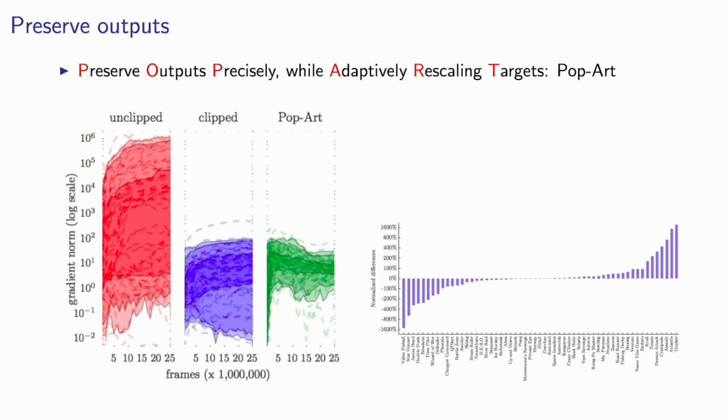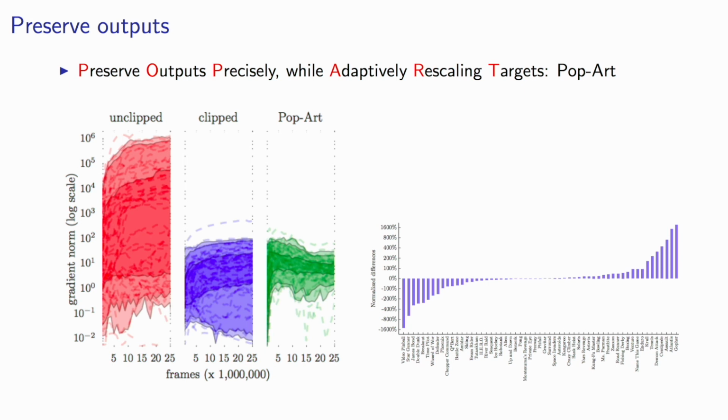But what these filled in regions basically are, they're like the 50%, 90% and 95%, I think, portion of games that fall within that region. And the y-axis there, which is the norm of the gradient, is on a log scale. So what we can see if we don't clip the rewards is that the gradients going into the network are basically 6 to 8 orders of magnitude apart for different games. Some games they're below 1, the norms of the gradient. Some games they're in the millions. That makes it very hard for optimization. Turns out we haven't really figured out optimization that far yet that we can handle these things very elegantly.